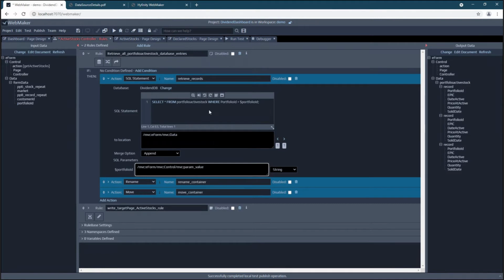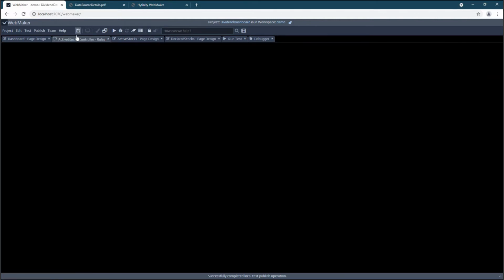So in this case, for this SQL statement, I need to know where my portfolio ID value is coming from. And we can see on here, it's at the bottom of my form data, because we've added a hidden field that's going to be maintaining that value. So I can just drag that and populate that value. So if I then save my changes,